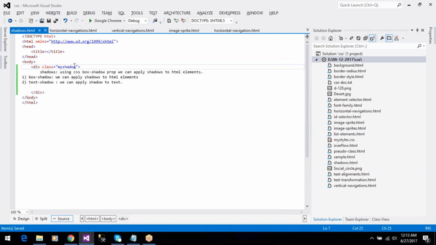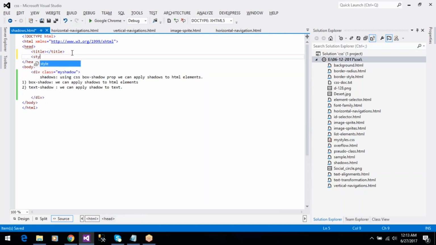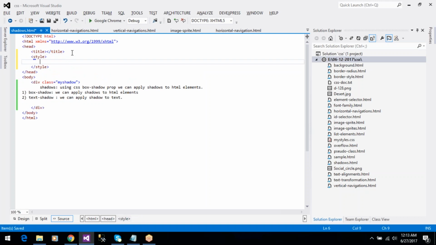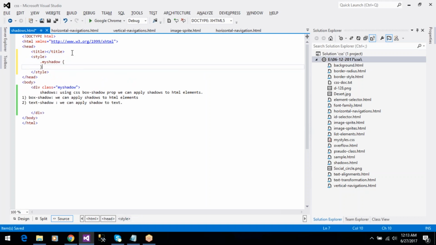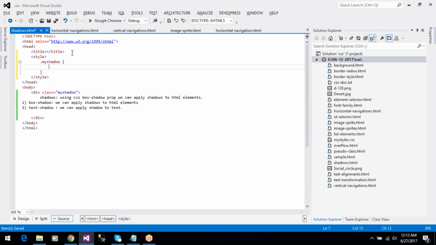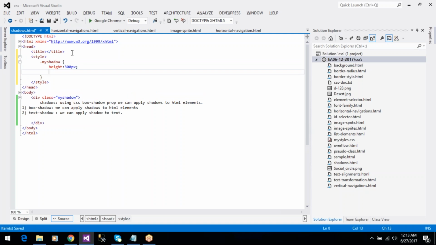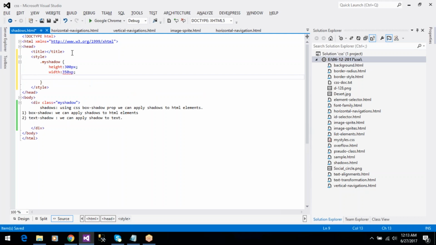Okay, my shadow is the class name, using the style tag. Okay, class name, div height and width: 300 pixels and width 350 pixels. Okay, and next padding